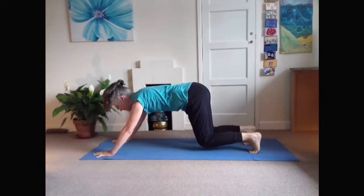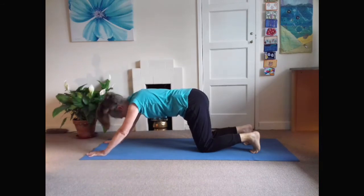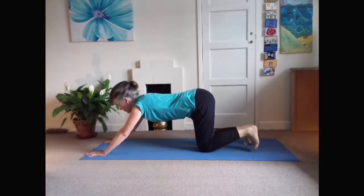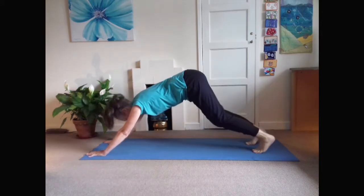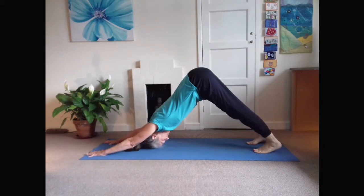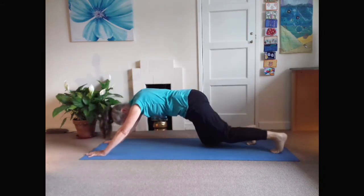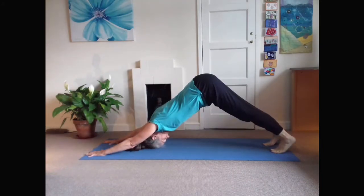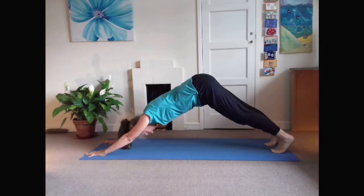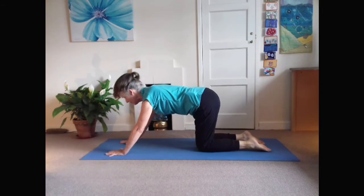Return to hands and knees, and if you've got room, one step further forward with the hands, or maybe back with the knees. Ensure you're still on your mat. And if you've got room, one more step. And we'll bring the hands in, one step,